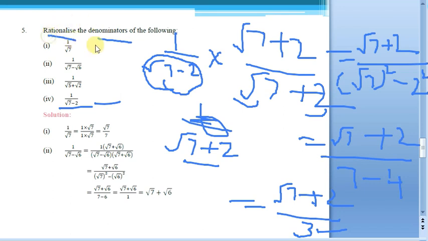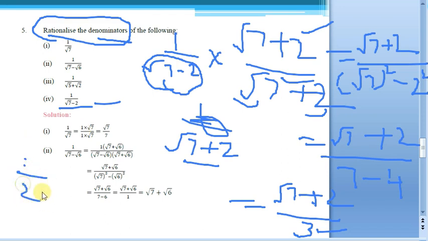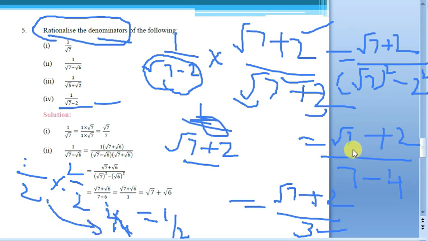Just try to understand things from the definition itself. We are rationalizing the denominator. That means we are making the denominator a rational number without changing its value. Why am I telling you we are not changing the value? Because you are multiplying with the same number in the numerator and denominator. Always remember, when you multiply numerator and denominator with the same number, the value won't change. These are nothing but equivalent fractions. Suppose I take 1 by 2 and multiply with 2 and 2, I get 2 by 4, which is nothing but 1 by 2. If you cancel, you will get 1 by 2 again. Like that, we can rationalize the denominators using the rationalizing the denominator concept.